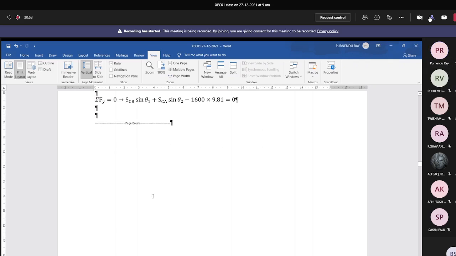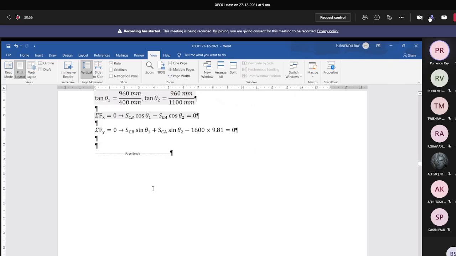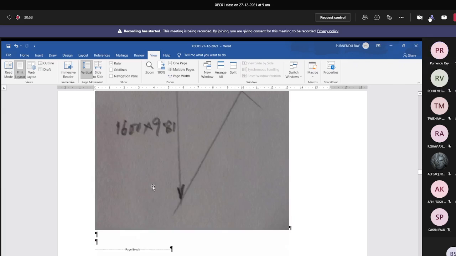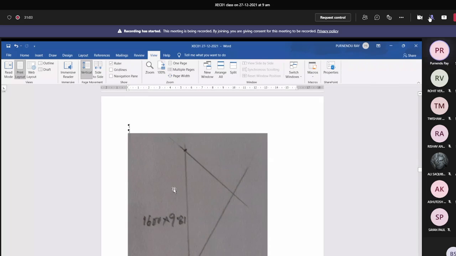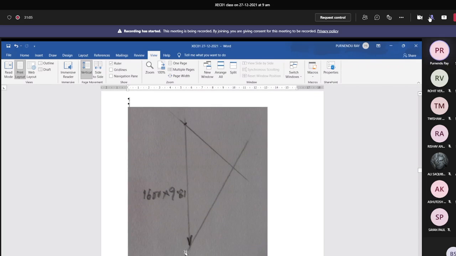No, that is for this particular case. Draw this line first, which is given, with known direction and magnitude completely. Now, through this point, draw a line parallel to that angle for the member CB. Through this point, draw this line, get this point of intersection. Now, this will be the triangle. So, terminate the force here. Terminate the force here. So, those will be SCB and SCA. Very simple.